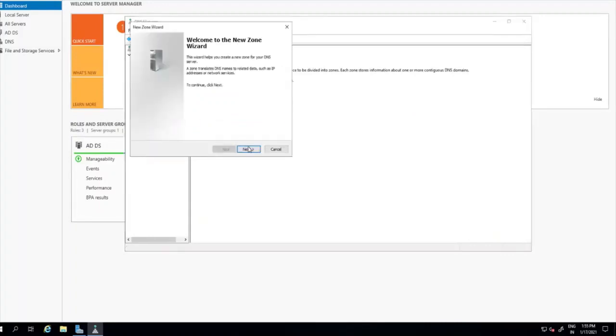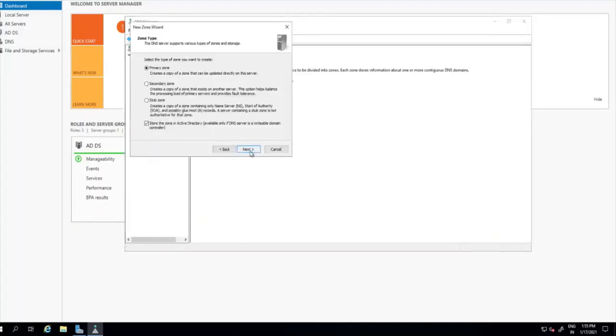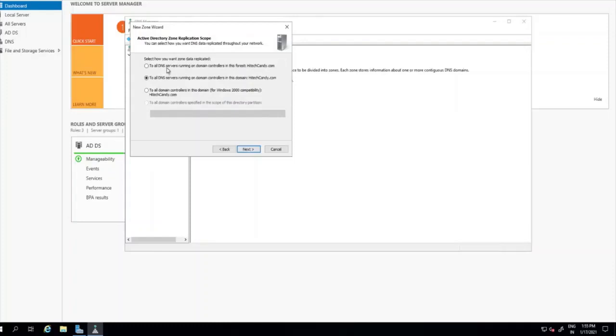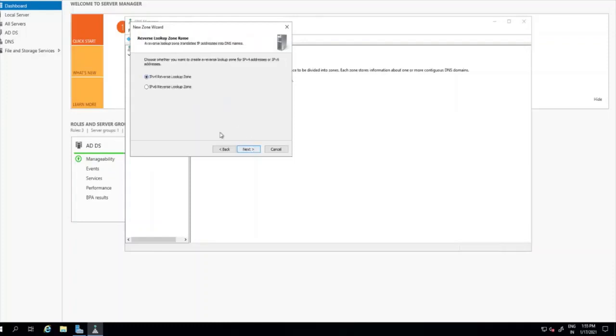Click next, primary. Let's say replicate to all the domain controllers in the forest, IPv4 reverse lookup zone, and type in here the first three octets of the IP. So let's type 10.0.0. It will be an 8-bit network for us here. Let's click next.